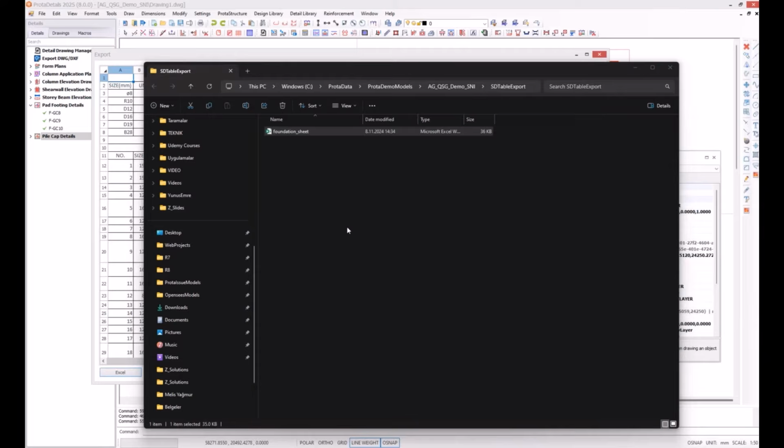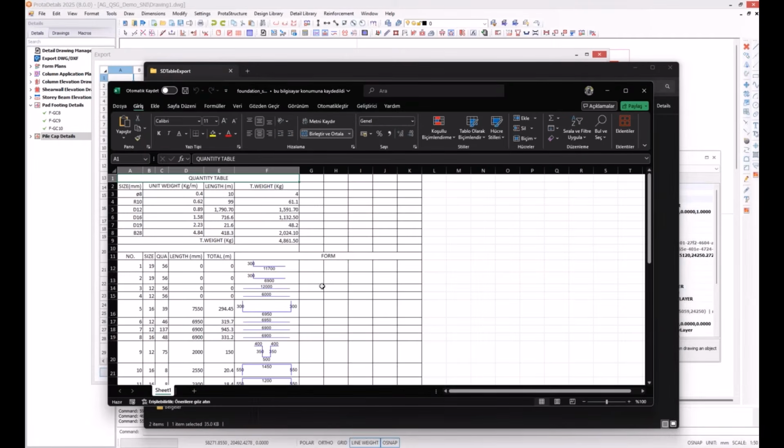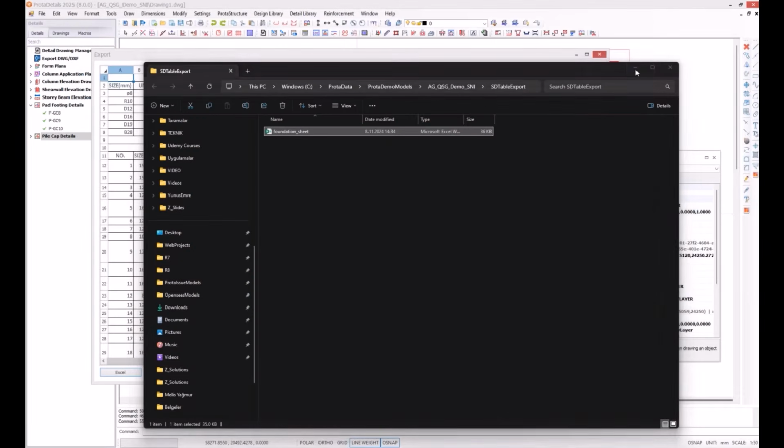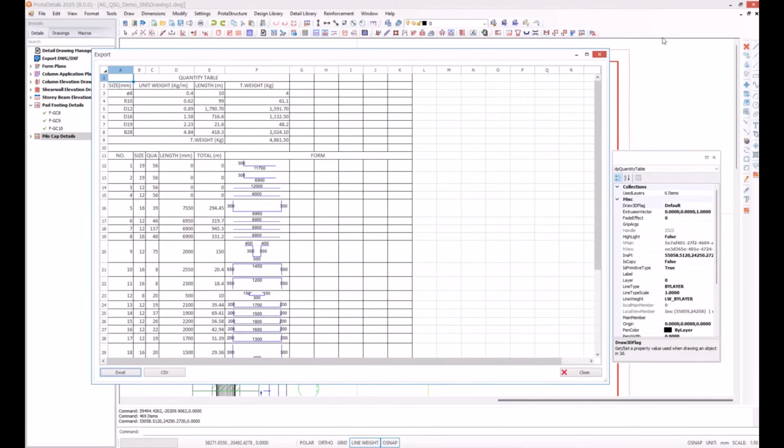And if I open this up, I can see that all the information has been transferred here with the shape data as well, with shapes drawings. And you can add more sheets on this file, and you can collect all your quantity takeoff under one Excel book. So far, so good. So let's close this.